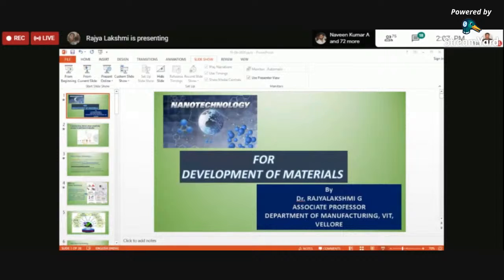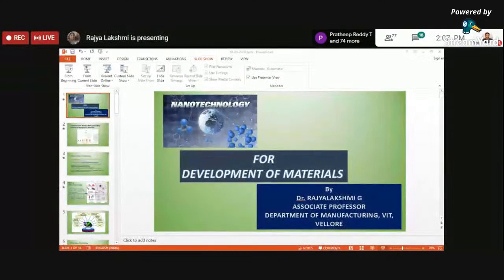Now I'm going to give a very brief overview, not very detailed because of the time duration. I'll try to cover the major areas where nanotechnology will be useful, especially for developing material properties. Irrespective of the field, I'll try to cover almost all fields: what properties can be improved with the help of nanotechnology, how it is impacting our day-to-day life and even professional life, like for industries and the non-manufacturing sector also. So, myself Rajlakshmi, already introduced, working as associate professor in mechanical engineering, V8 Vellore.